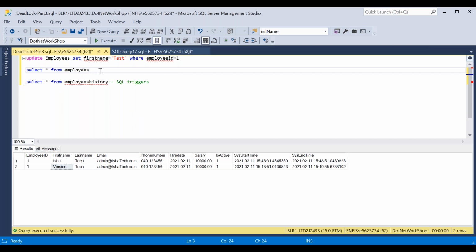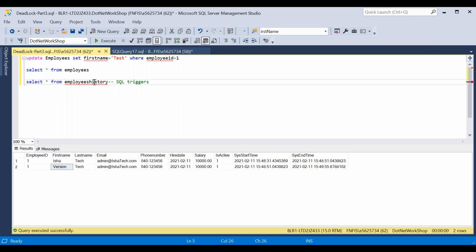In real-time development scenarios, most of the people will use triggers to capture this kind of audit log. The trigger will fire whenever, say for example, I write the trigger on the employees table. The trigger will be fired on DML statements, on or before insert, on or before modify, on or before delete of the data. So when I am updating the table, by using the trigger, that information will be captured in the history, right?